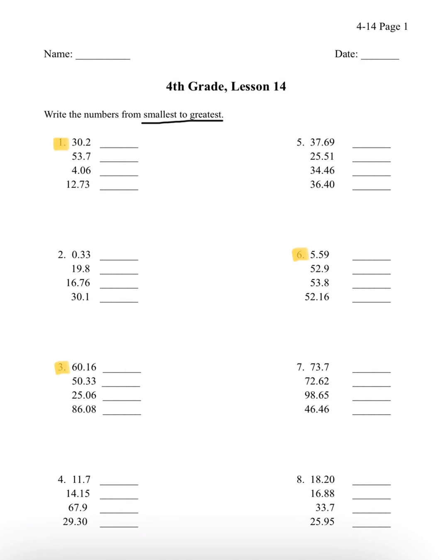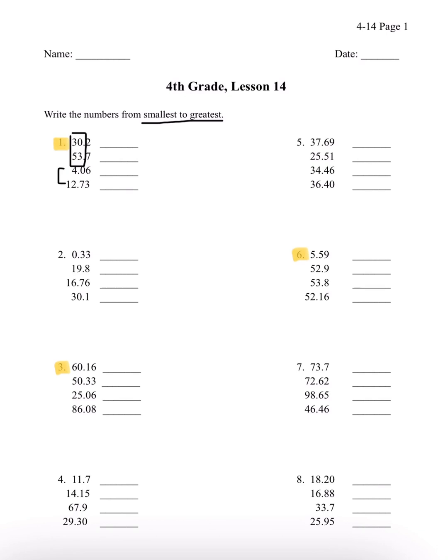We have 30.2, 53.7, 4.06, and 12.73. We know that 30 and 53 are the two biggest, so we're going to leave that for now. So let's find the smallest first. We have here our two options, which is